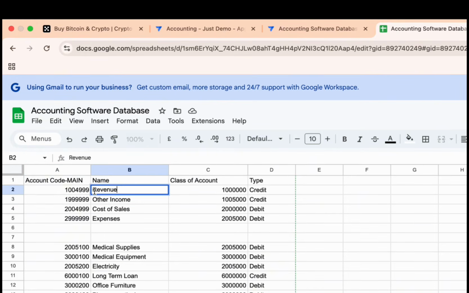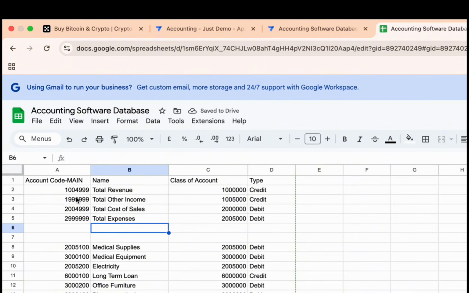Good. Now I'm just going to change this to total. Space, copy this, enter, come here, paste this here, enter, paste this here, enter, paste this here, enter. Good. So we have totals. These are their closing lines. Good. Now let's go back to the accounts over here.